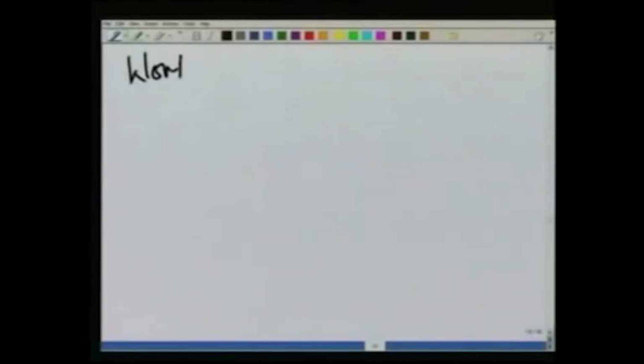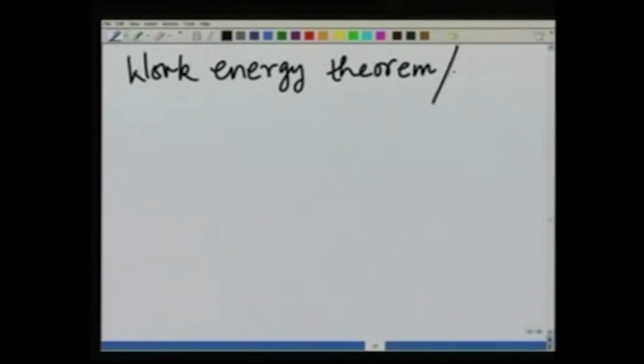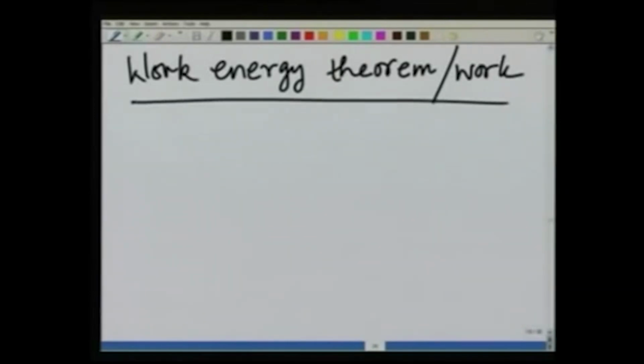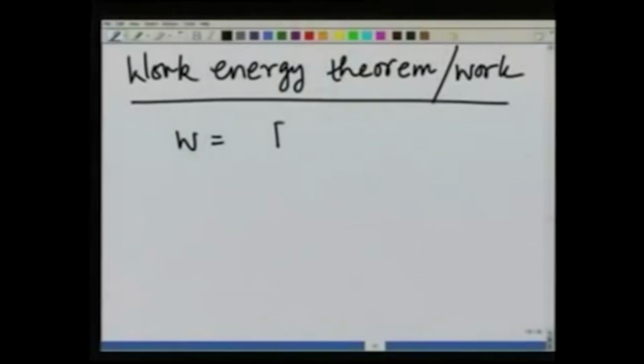What about work energy theorem? Or work done itself? Again we will use the basic definition that work done is nothing but summation F on the ith particle, times the distance moved by it in the direction of the force,